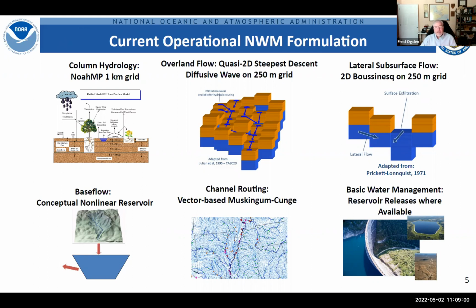The runoff that's predicted, either lateral flow or surface flow, is routed on a 250 meter grid. That's the top center and top right box. Water is allowed to percolate out of the soil. It's limited in some cases by calibration, but it goes into a conceptual nonlinear reservoir. Those combined sources of storm flow generation go into a vector-based Muskingum-Cunge routing network. And over the last couple of years, we have added basic water management and incorporated reservoir release data where